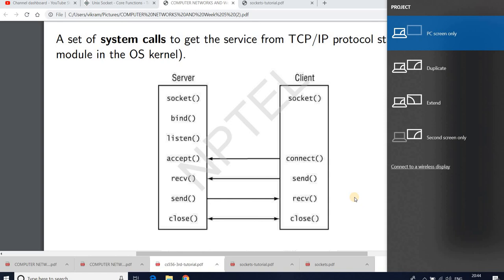Once the server gets this connection, it makes an accept call. Now in the case of a TCP kind of protocol, within the connect and accept, you have the TCP three-way handshaking procedure that we have discussed. The client initiates the connection by sending a synchronization packet.